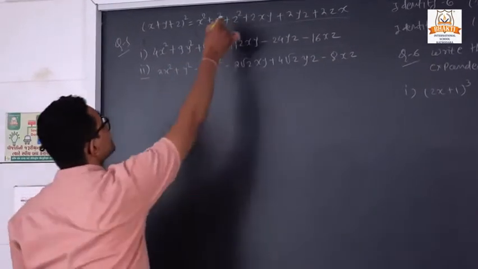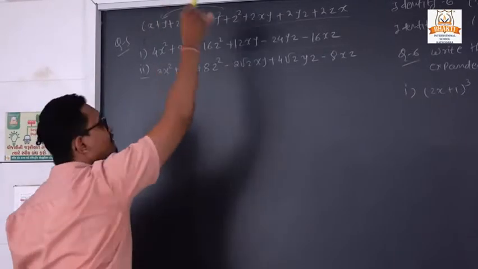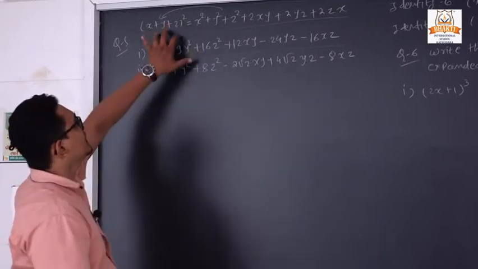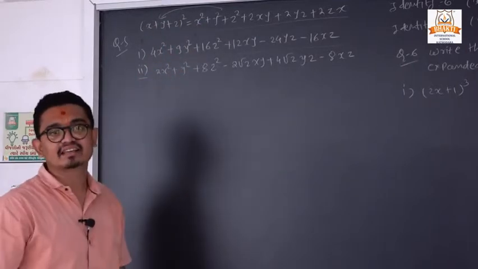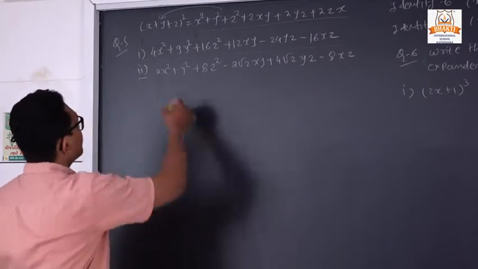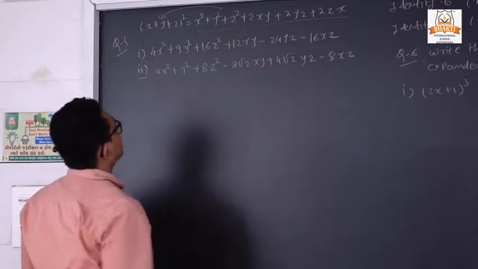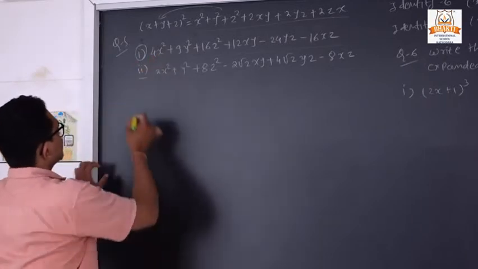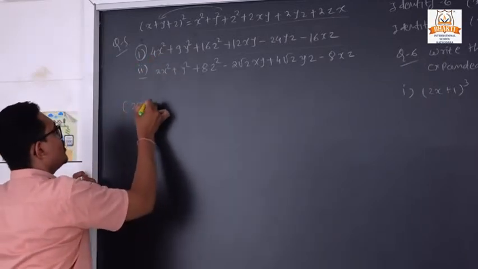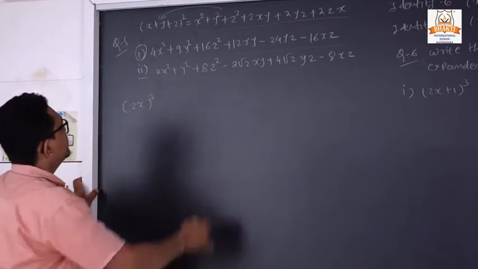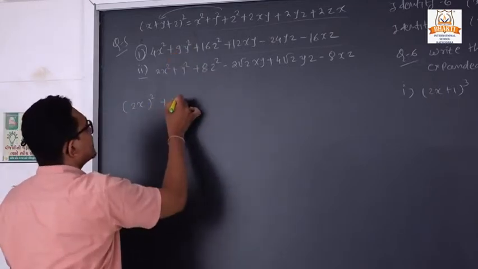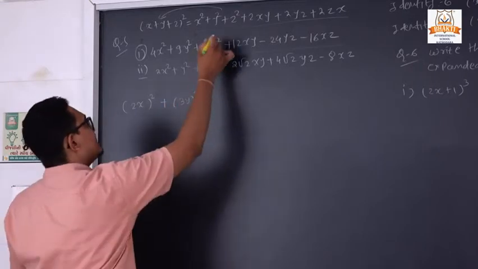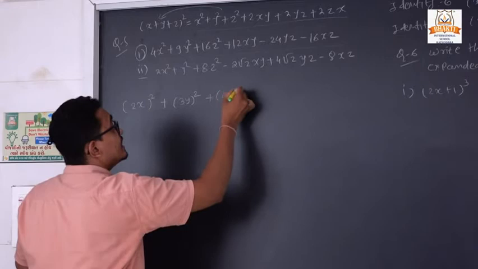So it will be reverse. We can convert that form also. Clear? If we have 6 terms, we can convert into 3 terms by using our identity number 5. So how can we convert? For that we take our question number 1. In question 1 see that 4x all square, so we can also write 2x all square. Then 9y all square, so 3y all square. Then 16z all square, so 4z all square.